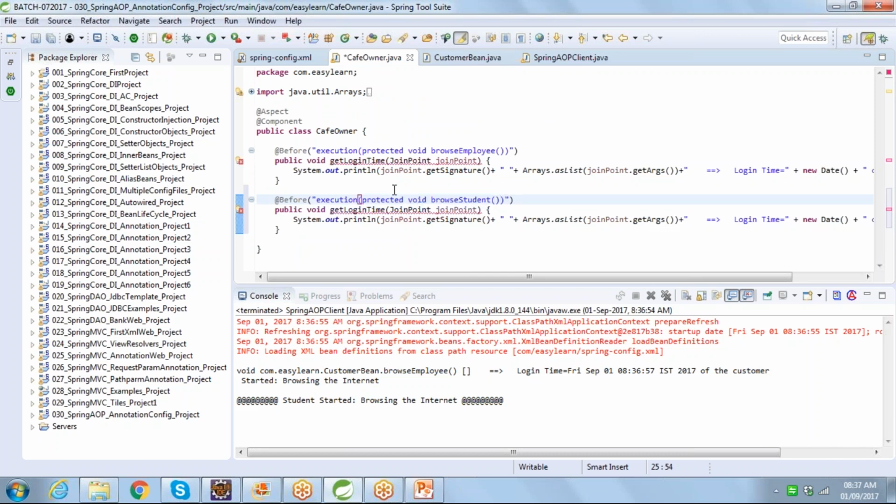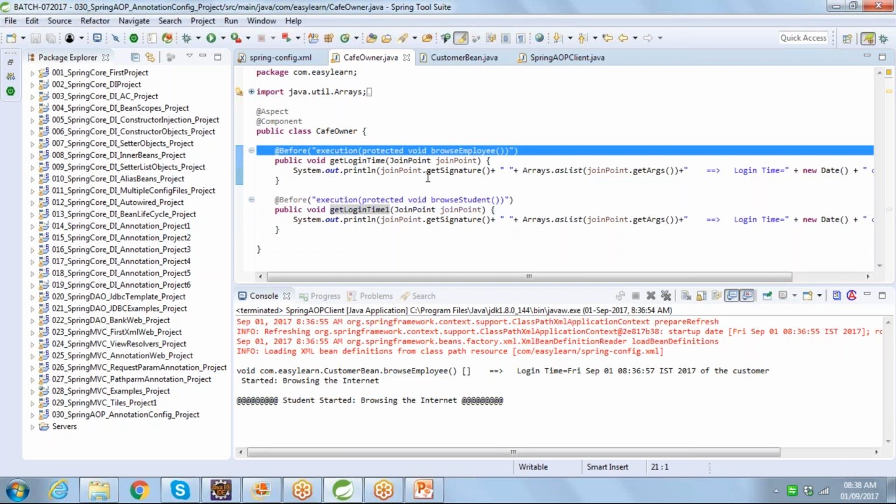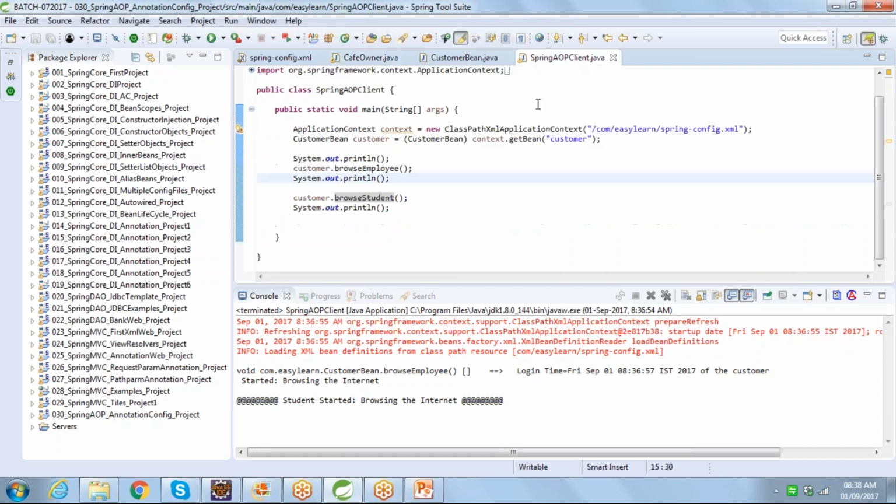So for one method you have written one advice, and for the second customer you have written the second advice. So get login one, and whenever this method is matched, I want to execute this. If this method is matched, I want to execute this. And if I run this code now,